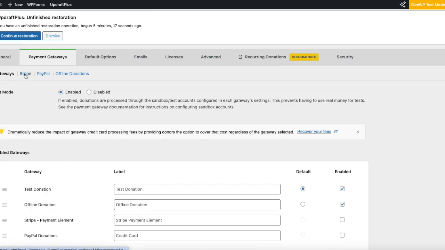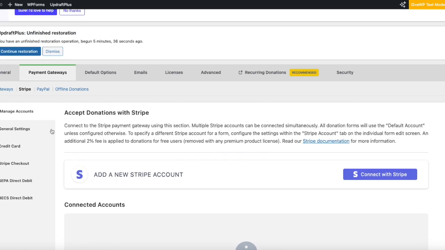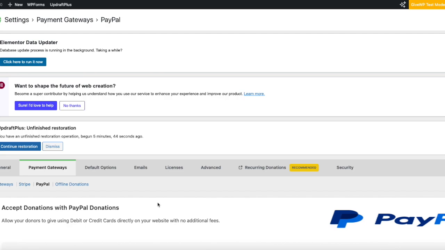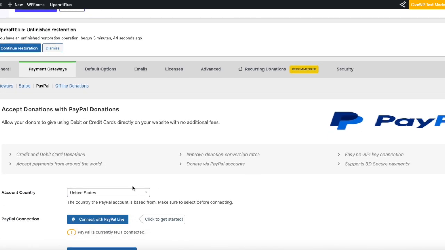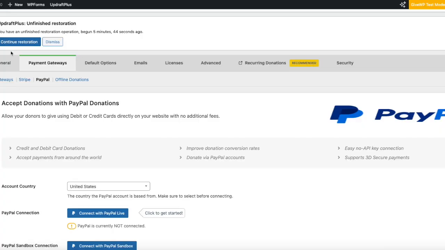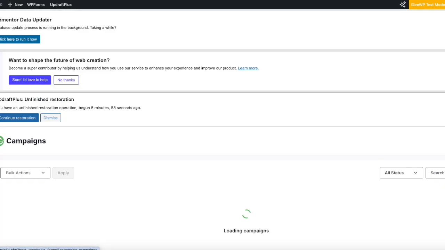For you to use Stripe, you will need to set it up and also have a Stripe account that you need to use in the backend. Also with PayPal you will need a business account and you will need to set it up as well over here. So if we go back here and we go back to campaigns,